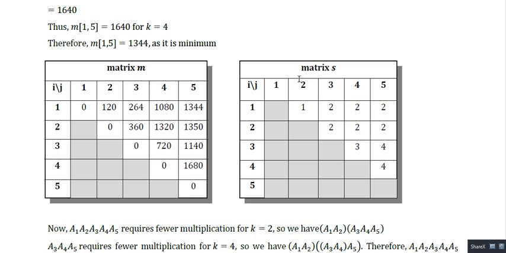Okay, so next class I shall be coming up with more applications of this dynamic programming approach. So perhaps I shall start with the knapsack problem, how to solve the knapsack problem using the dynamic programming approach. Thank you all.